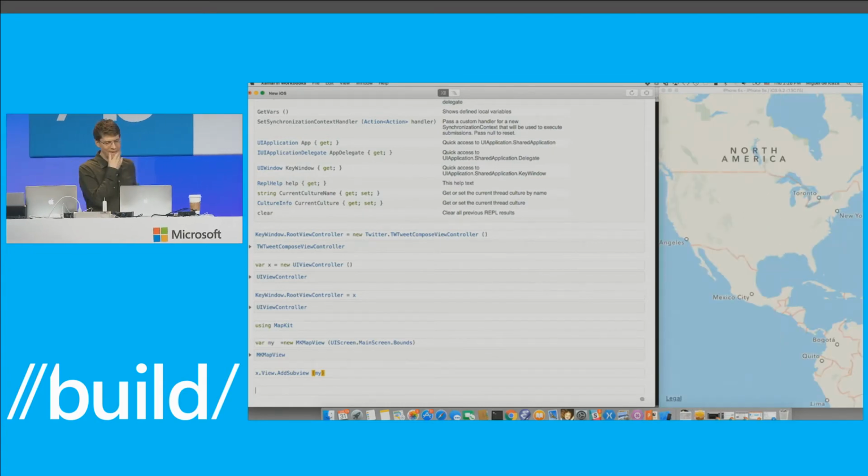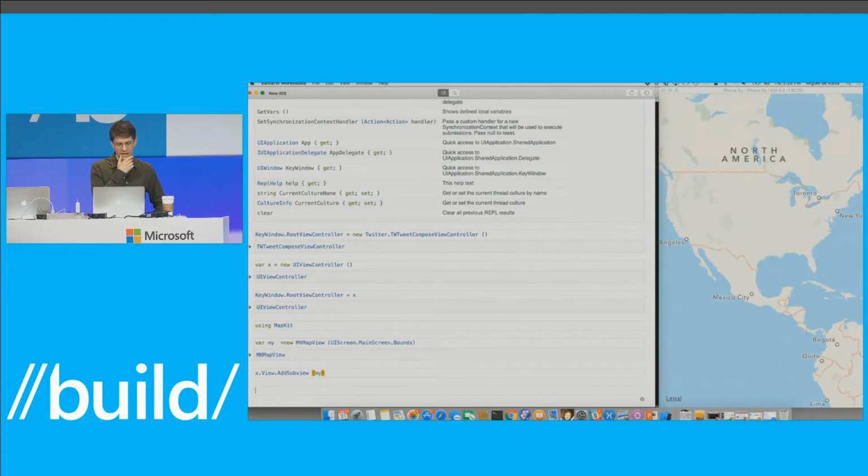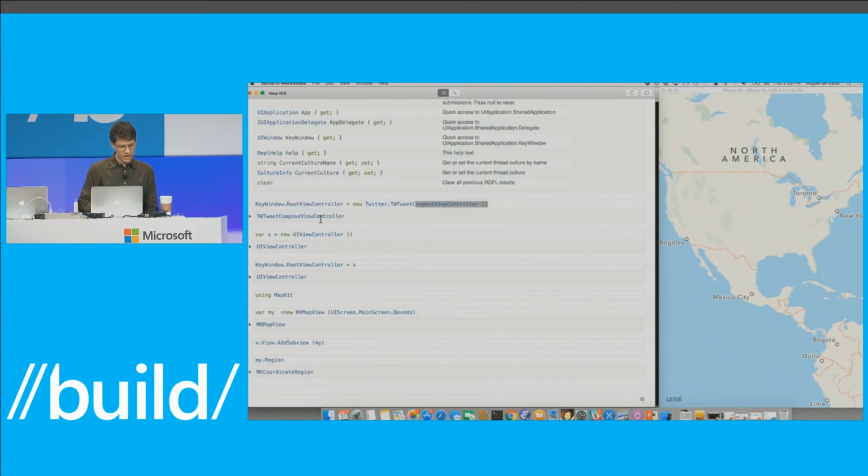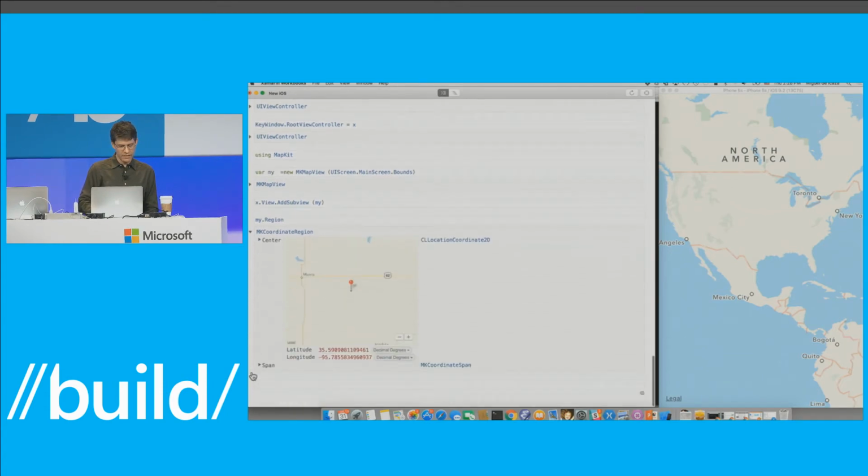so here's my map. As you can see, this is actually very interesting in terms of how you learn this thing. For example, I can say, well, what is my region? The same property that I showed on the keynote today. So it's a coordinate region, so I can expand this guy here. And we have a custom renderer for locations.